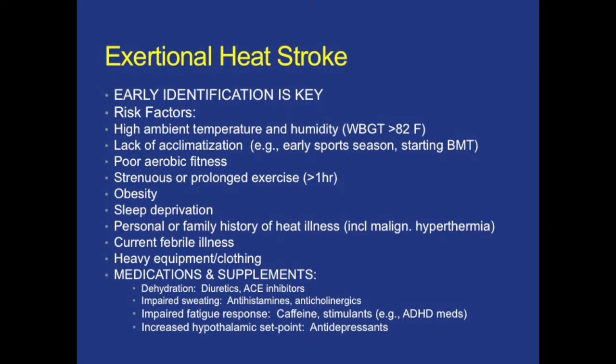Finally, medications and supplements. This is something that we should definitely be aware of, as multiple medications do increase the risk for heat stroke, including diuretics, which can put us in a state of dehydration. Blood pressure medications, ACE inhibitors, and beta blockers can mess with our ability to vasodilate to the skin and regulate our blood flow and generate that skin to core temperature gradient that must be present for heat dissipation. Anticholinergics and antihistamines impair our sweating. Caffeine, stimulants, ADHD meds, and a lot of over-the-counter stuff can impair our fatigue response,